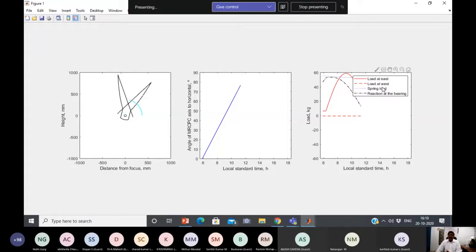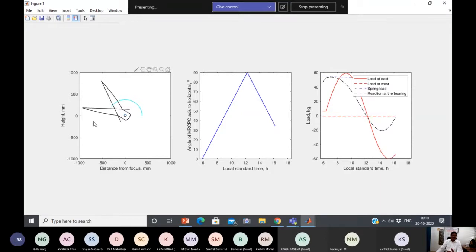mechanical results, like the engineering mechanics, the spring readings and the stiffness, the load in the spring and the load in the east side header, load in the west side header, reactions in the bearing, everything, the results of the engineering mechanics has been plotted in the last drawing. So after solar noon, the collector is moving towards the west side. That is from 90 degrees towards 0. You can see the position of the collector. This animation is showing the instantaneous position. At that instantaneous position, what is the angle of the collector and corresponding